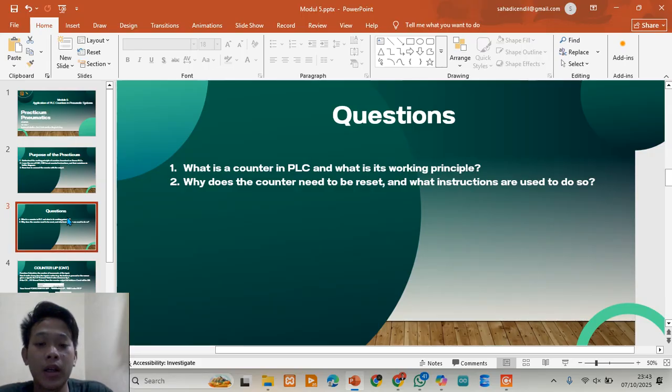Question 2: why do we need a reset instruction? Because after reaching the target, we often need to start counting again.